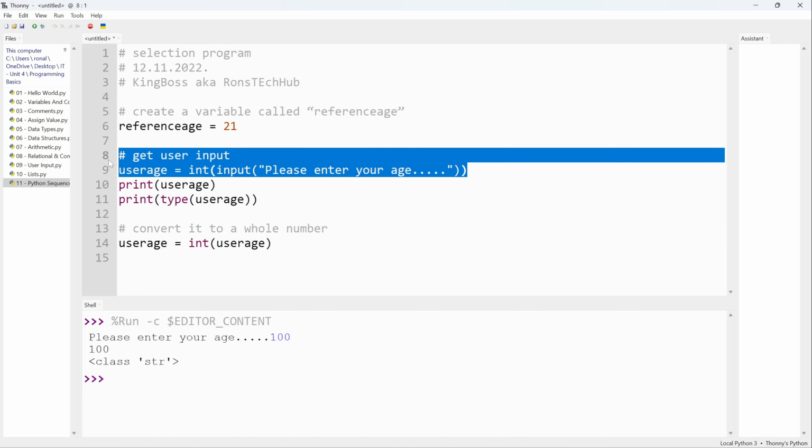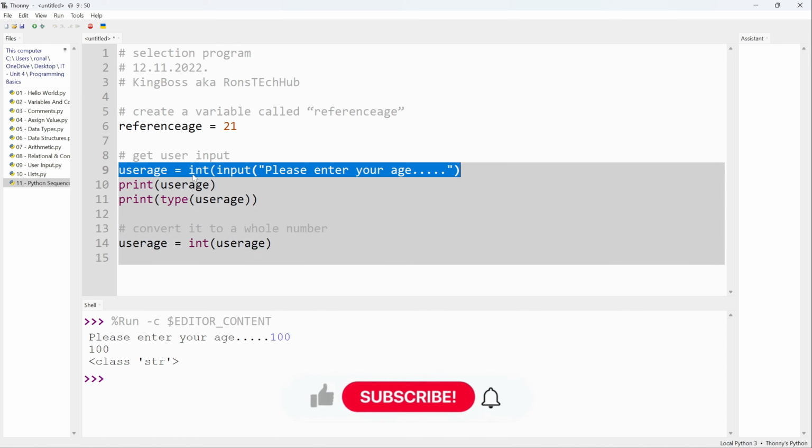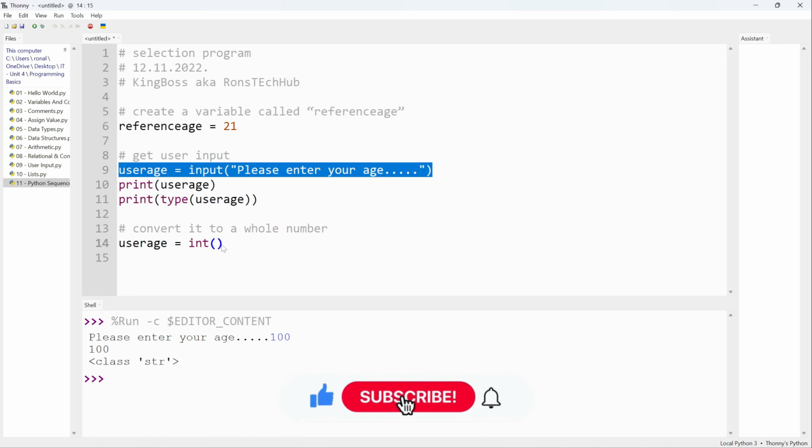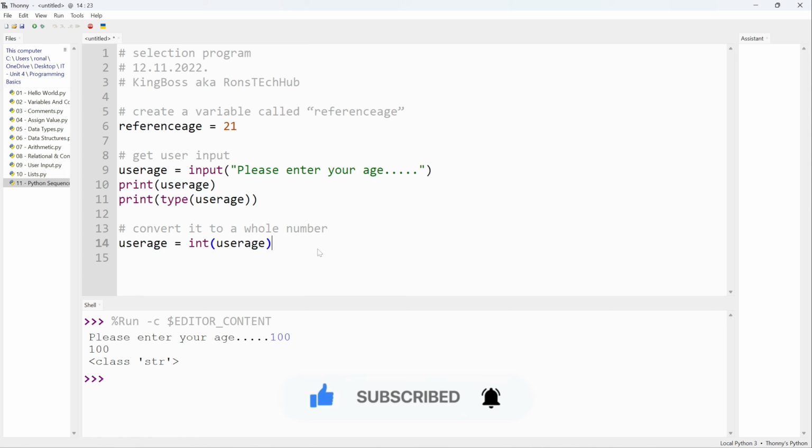So this forces that data type to be an integer. But let's not do it that way for now. Let's do it this way. User age equals int user age. So now when I print type user age,